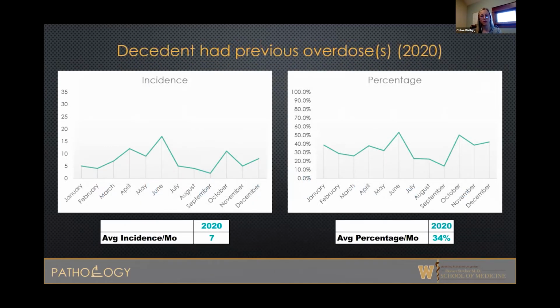Having a previous overdose indicates risky behavior. And so those who have overdosed in the past are more likely to overdose again in the future and have a higher likelihood of daily overdosing. Using substances,